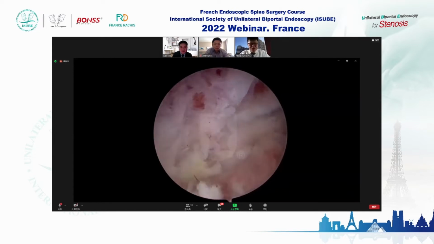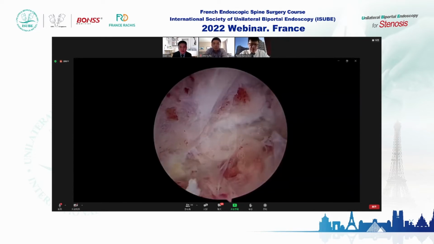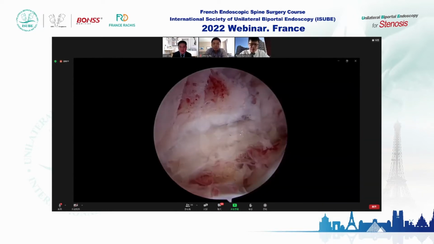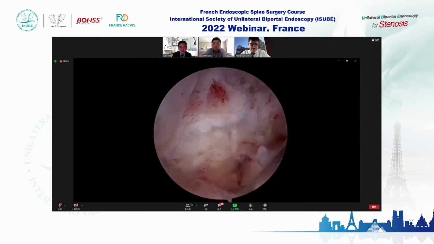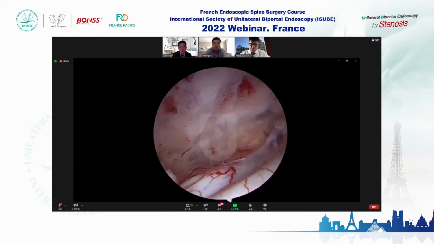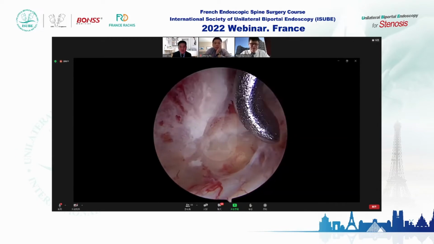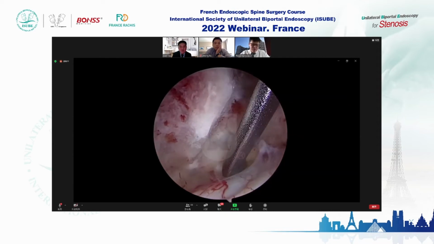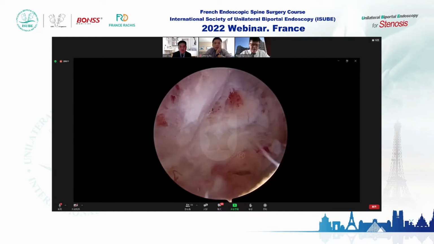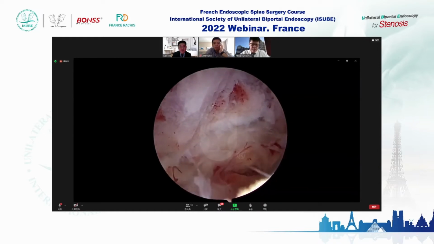So far, I haven't used the third incision in my practice. I do contralateral approach, and I agree it's very difficult to get a central disc from a contralateral approach, from biportal or uniportal. So in this case, I probably do transforaminal because I do both types of scopes. But I think it's a very nice and beautiful surgery done by Professor Zhang Wei. Very nice to watch. Okay, thank you.